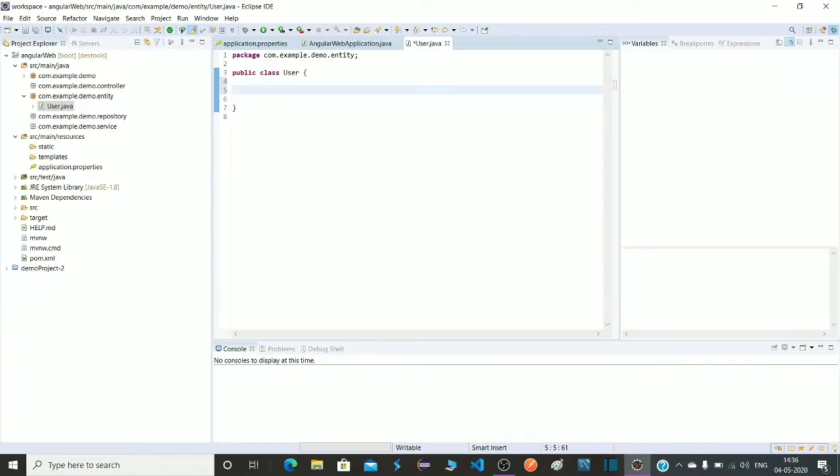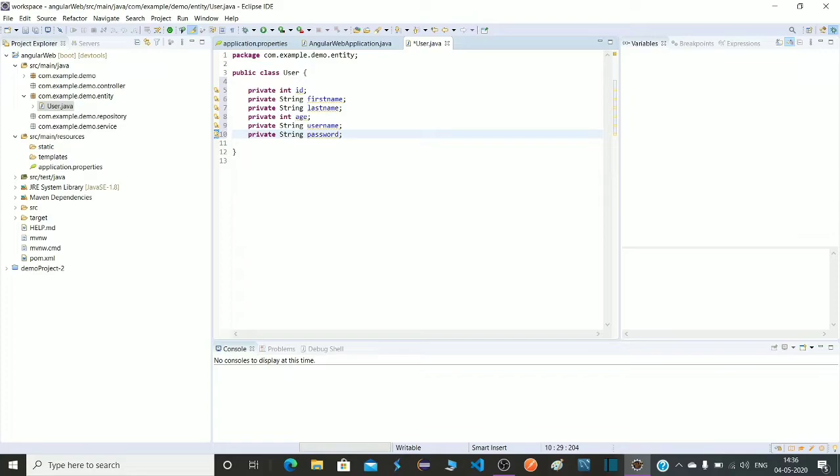Let's create some fields. Private int id, private String firstName, private String lastName, private int age, private String username, private String password.